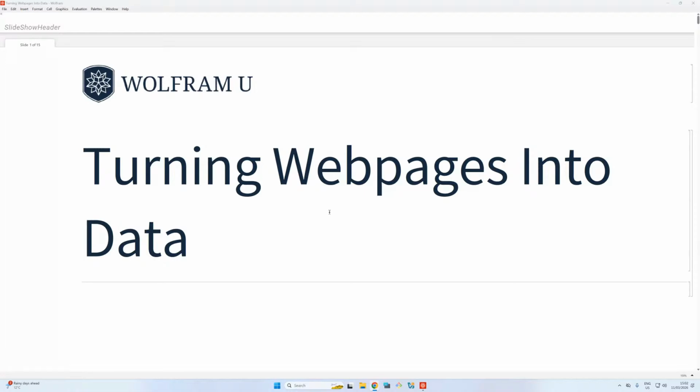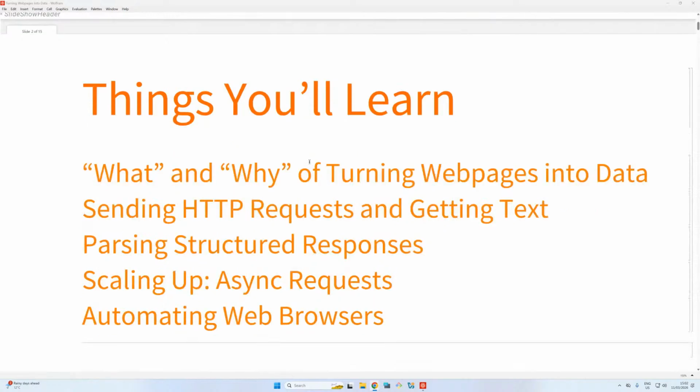Great. Now let's look at our content today, turning web pages into data. So today, just an overview of what you will learn. So what and why of turning web pages into data. So what are we doing here and why we're doing it? And